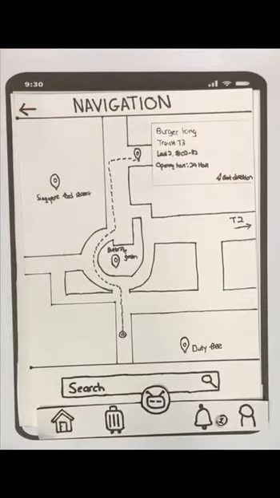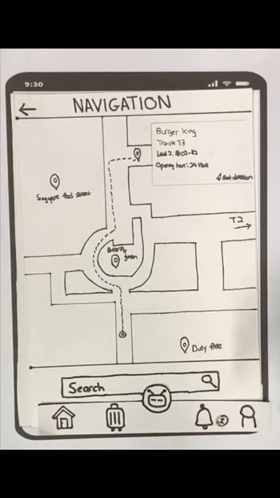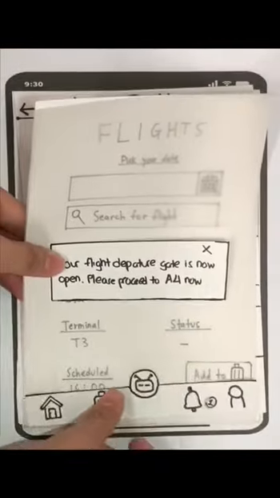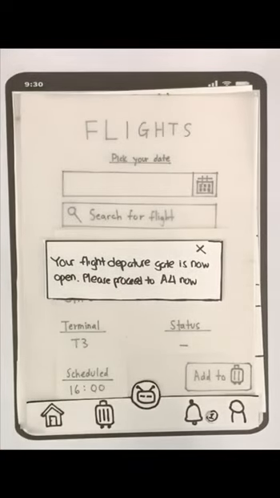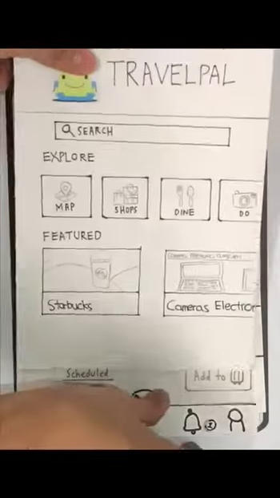Madhav and his family completed their shopping and is now resting in Burger King while waiting for their departure gate to be opened. Madhav received an alert from TravelPal that his departure gate has changed and he has to go to the gate. He then makes his way to the departure gate so that he will not be late. After going through the departure gate as a family, they safely board the flight and await their arrival back home in India.